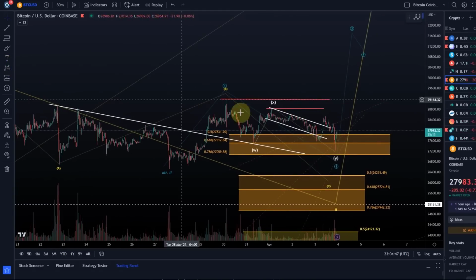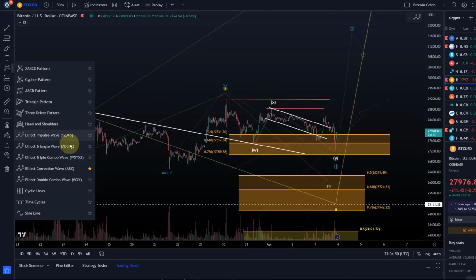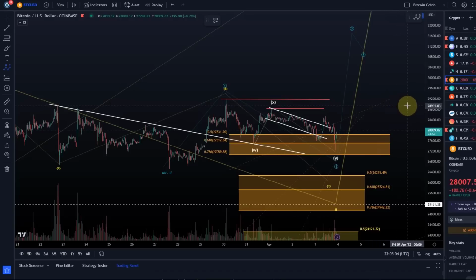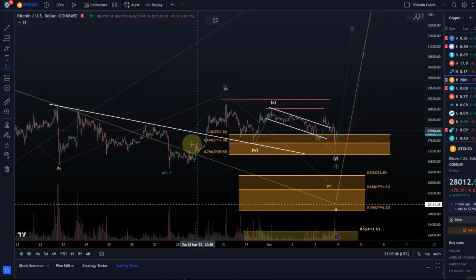These can always unfold in different ways. As I said before, if you are in a corrective wave structure, these can morph quickly. Best is to trade impulses. That makes it easy for us analysts, but also for us traders. Corrections are always messy. You have to expect headwinds when you trade them. They can morph into different patterns. You can suddenly deal with a triangle, and the next moment you deal with a WXY. So it is quite messy.